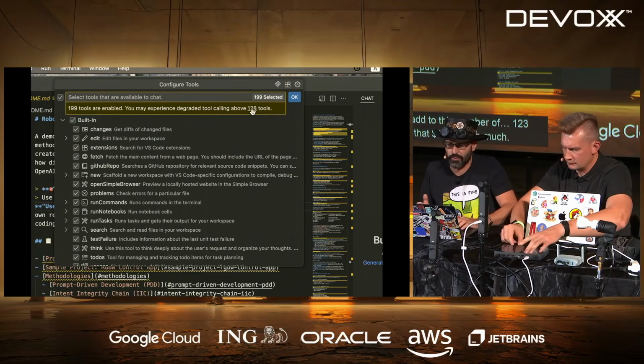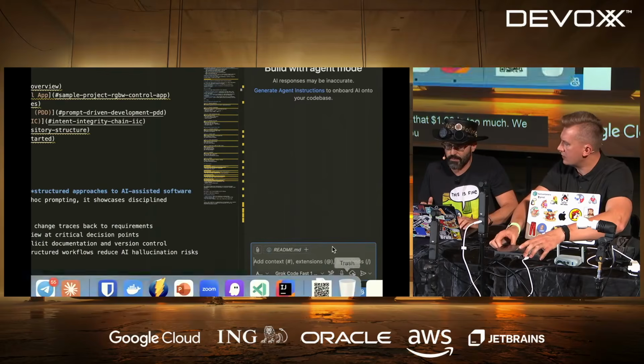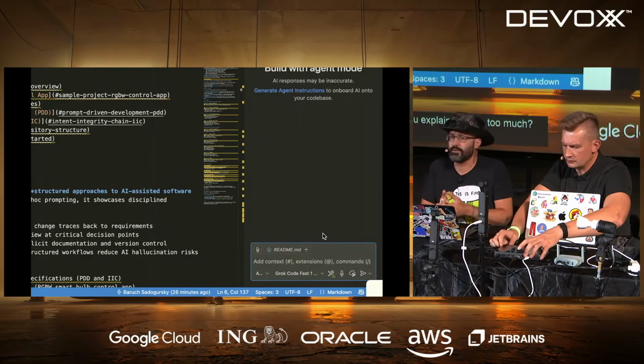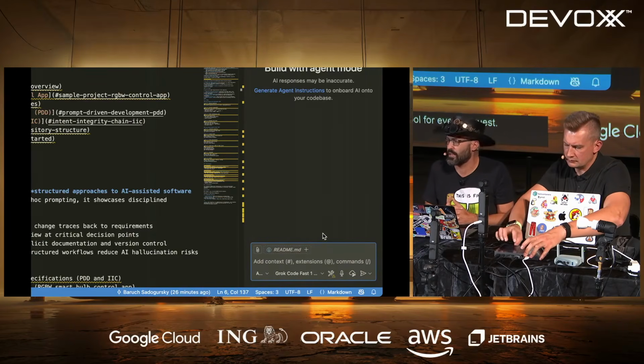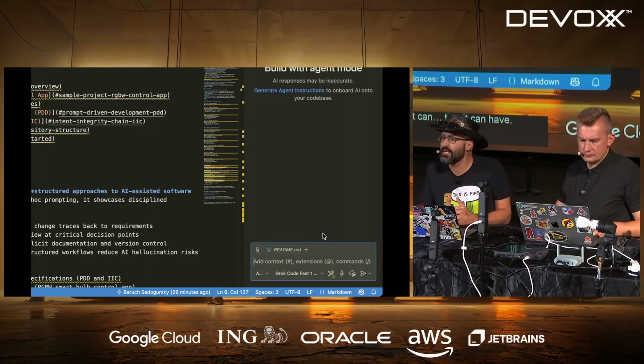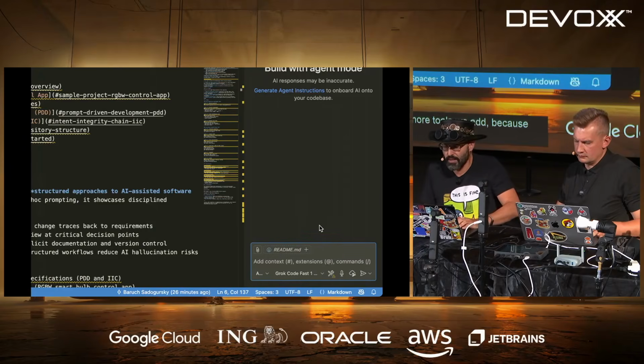We need to limit it to 128. It's okay for now. Can you explain why it's too much? So basically, the model needs to pick a tool for every request, especially when we instruct it to do something, and it's just overwhelmed with the number of options that it can have. So we see degradation of performance the more tools we add because there is too much choice.